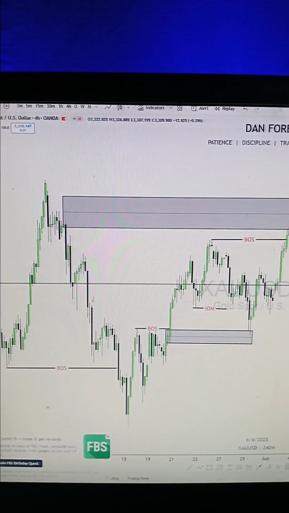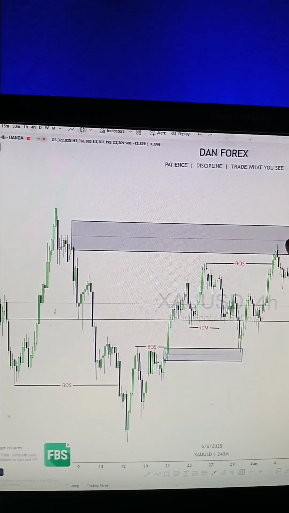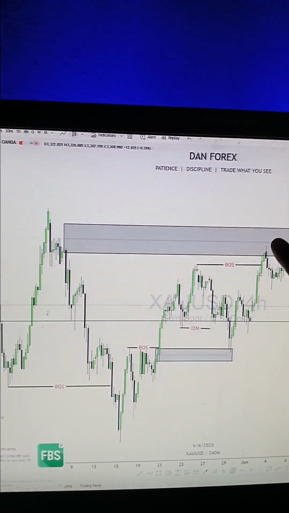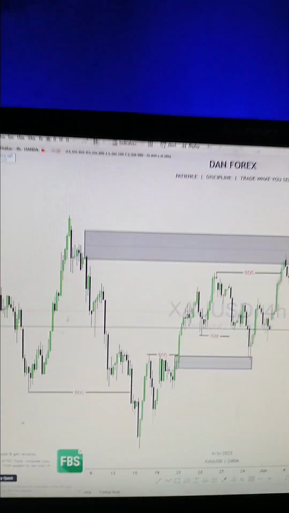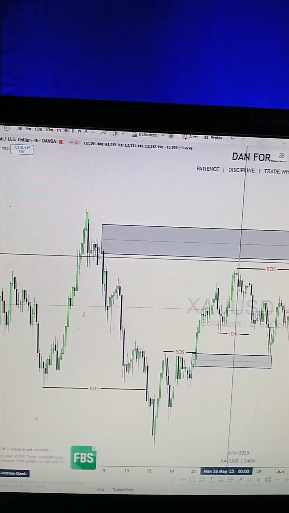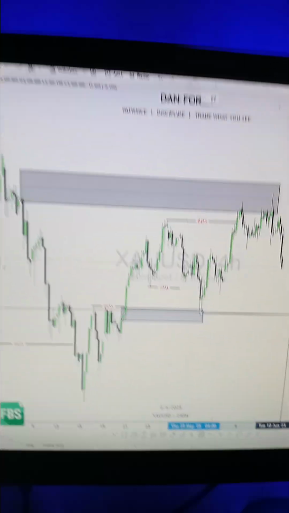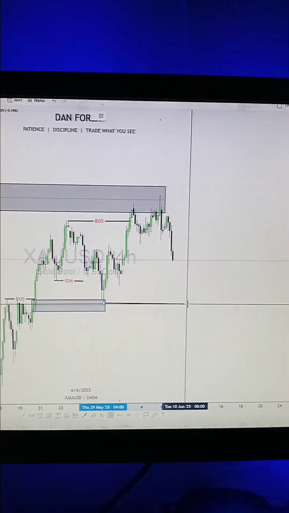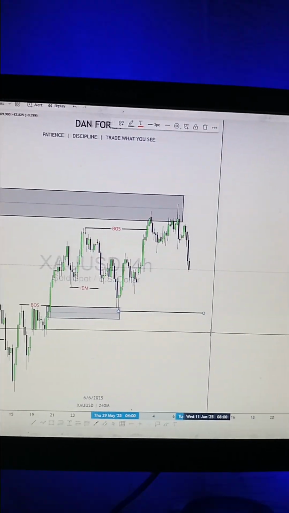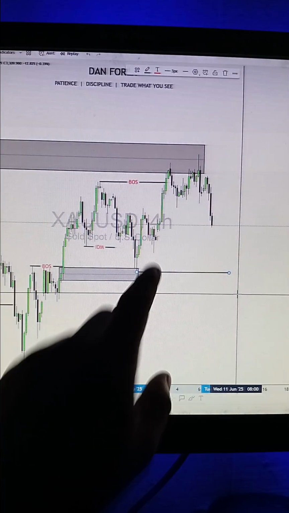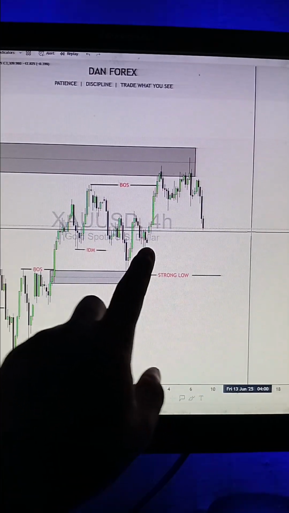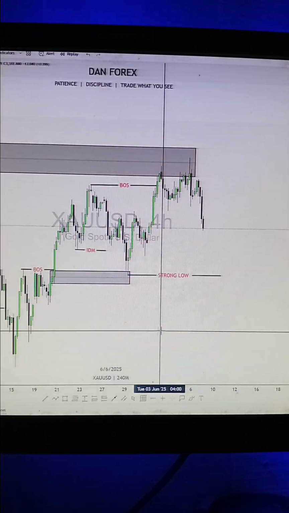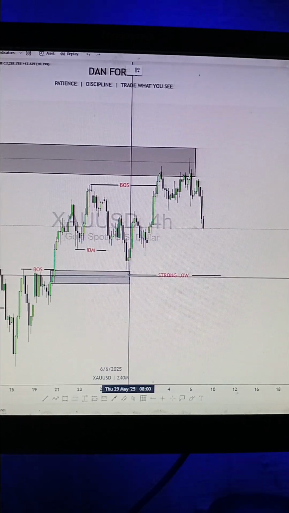So how did we manage to catch some sales from this supply zone? The only sales we are taking here are a pullback for this break of structure. All along, after that break of structure, this is our strong low. As I have said, this is a strong low, so we expect the demand zone at around that area. We pick some buy.